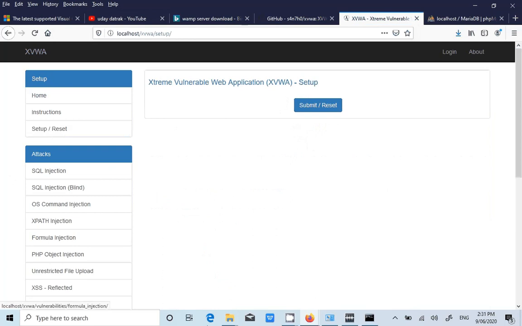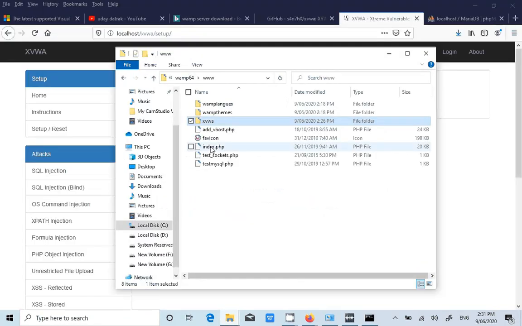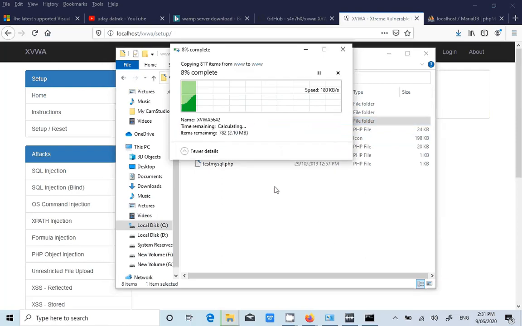So I have one question for you guys here. Can I put two different web applications here? I mean two instances of the same applications, like I'm copy pasting it.